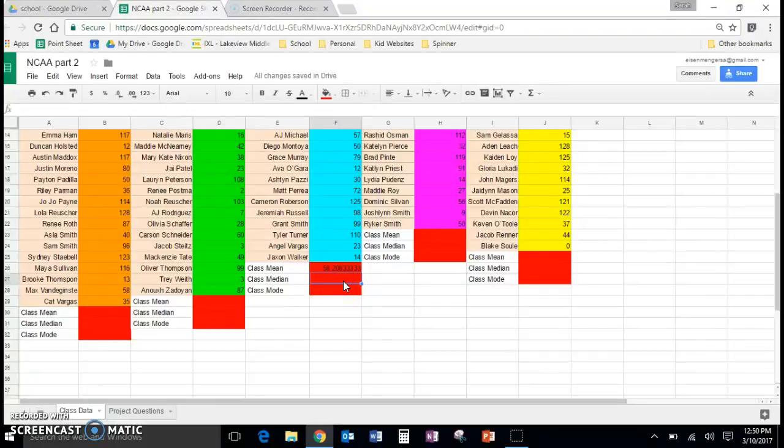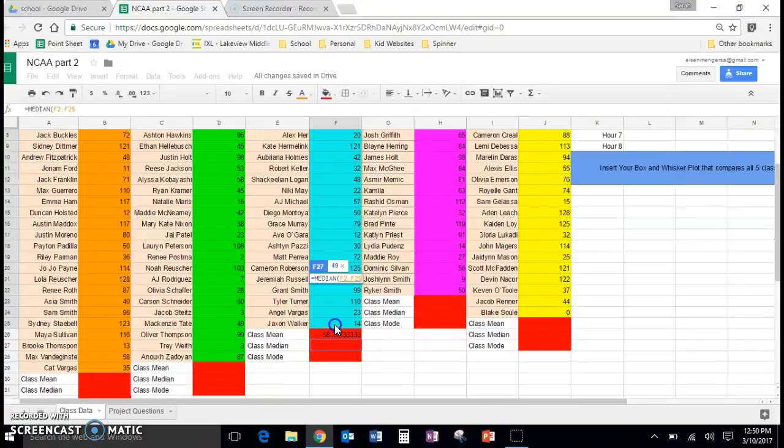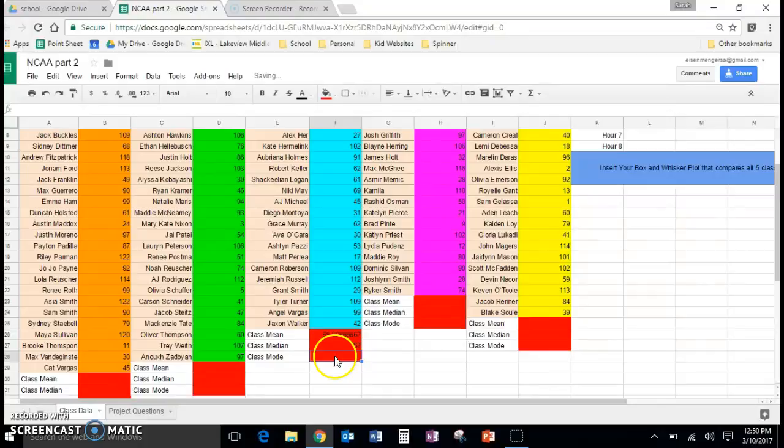Then median equals, we're going to type in median. And there it is. And then I'm going to grab my data again. Close my parentheses, enter. And then the mode equals mode, open my parentheses, grab my data,